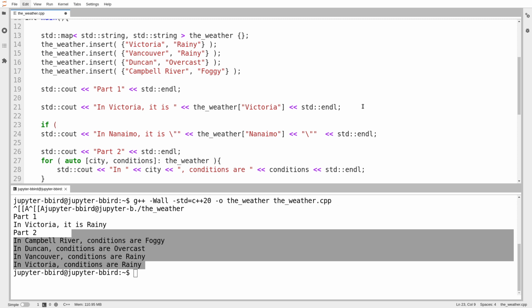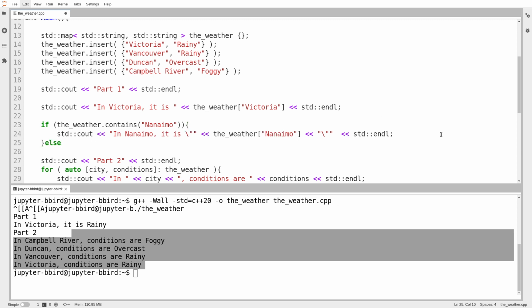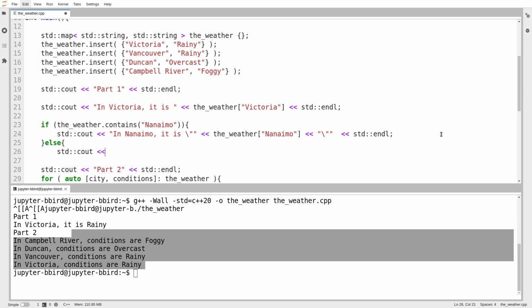Therefore, in C++20, I would probably default to something like this. I would use .contains. So .contains takes a key to look for and tells you yes or no, is this key already present? If the key is in the map, then I would want to print out the value associated with it. Otherwise, I would do something else. I would say something like, I don't know anything about